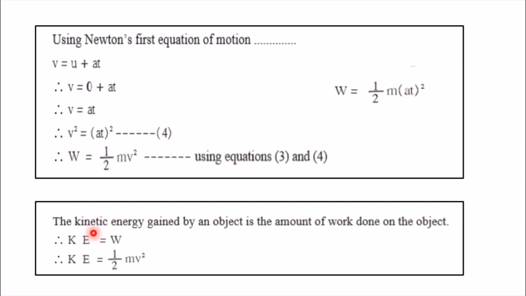Then next, kinetic energy is always equal to work which is done. So kinetic energy is equal to work done. So instead of work, that is W, I can also write KE, that is kinetic energy. As work is equal to kinetic energy, and we have the formula for work that we had got, half mv square, instead of W we can write KE. So KE, that is kinetic energy, is equal to half mv square. And this is how we got the formula or the equation for kinetic energy, that is KE is equal to half into mass into final velocity square, that is half mv square. This is the formula for kinetic energy.